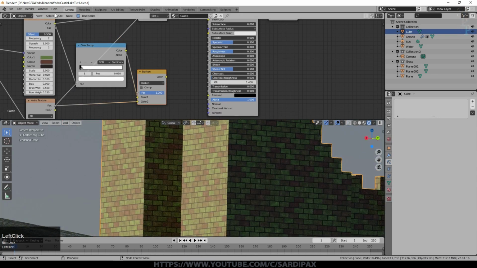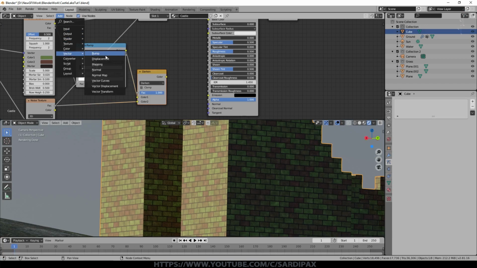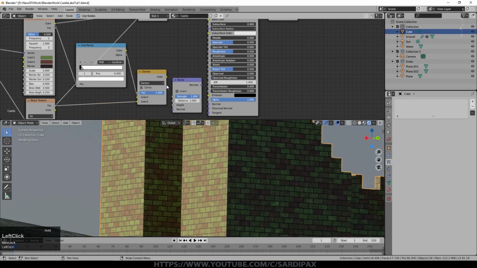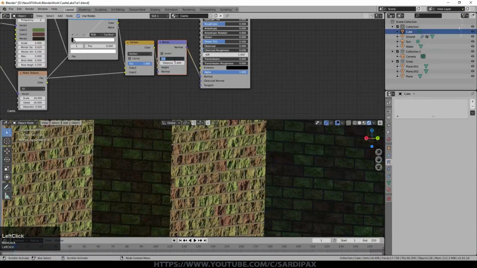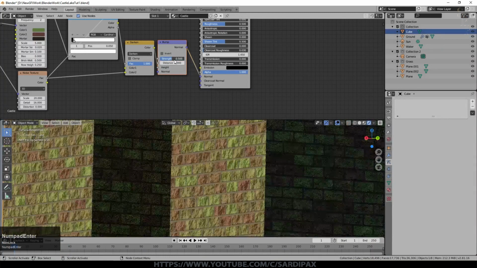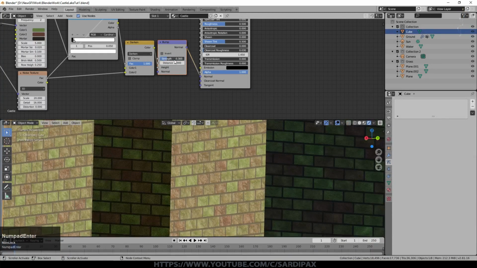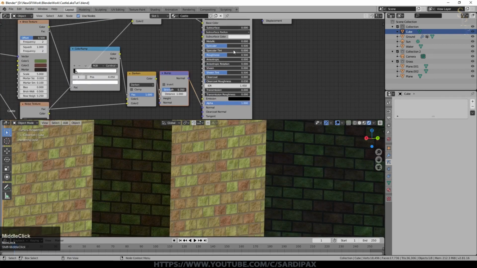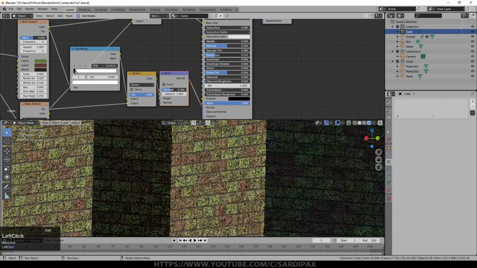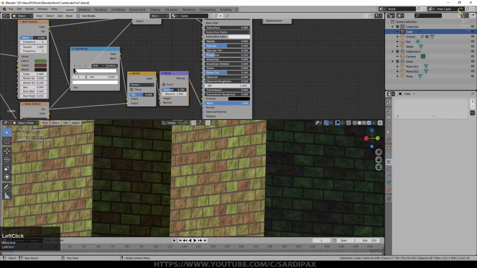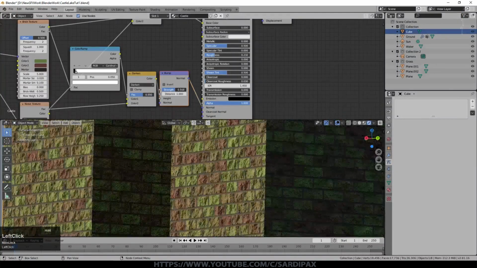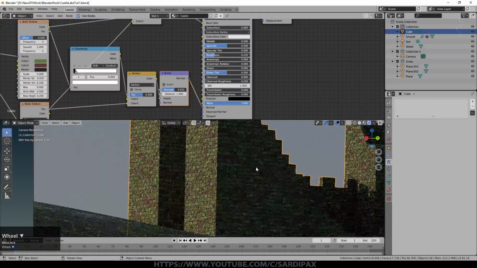So now we'll take the output of this node, we'll add a bump node. That output goes into height, then that output goes into normal. Let's reduce that to 0.5 initially, maybe less than that, even 0.2, perhaps more, 0.3. We'll go for 0.35. Roughness will turn down a little bit, not too far. I'm actually going to turn the mix down slightly, but then turn the strength of that bump up just to give us a bit more from the mortar.